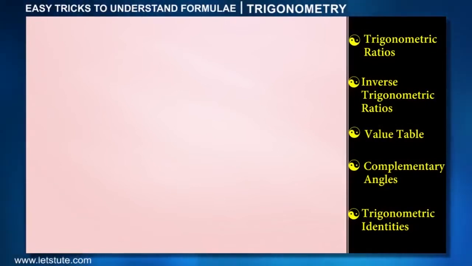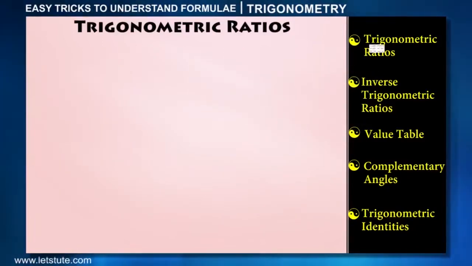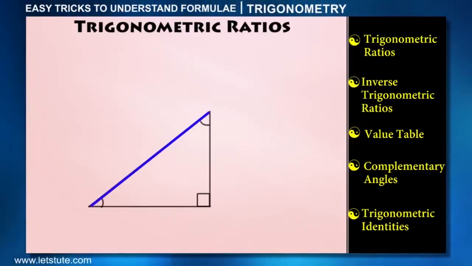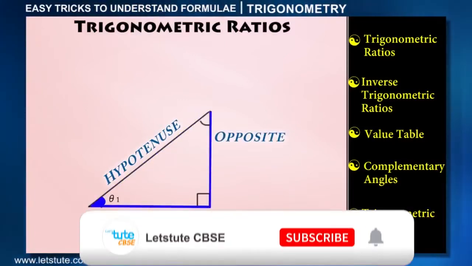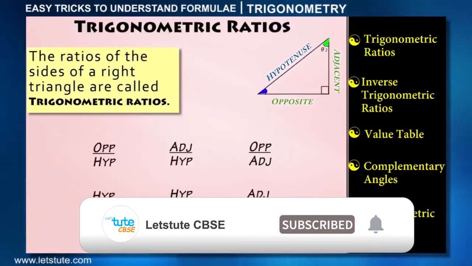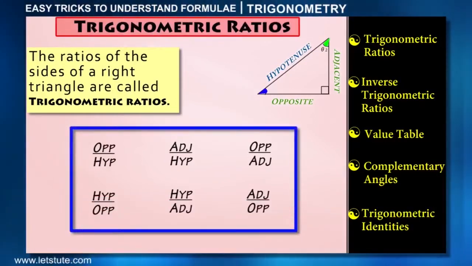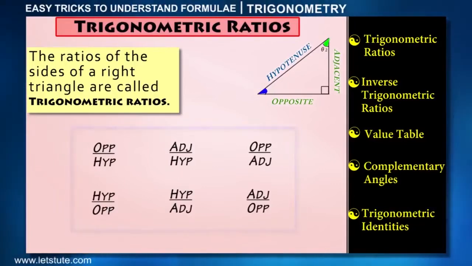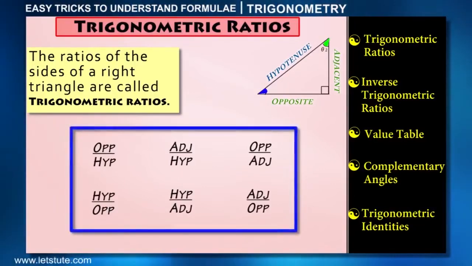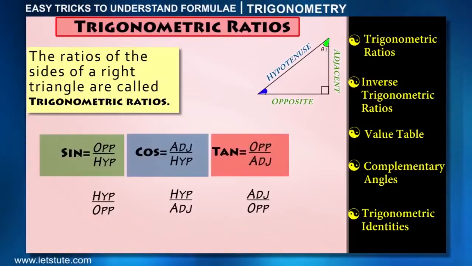Let's first talk about the 6 trigonometric ratios. So as we know, in a right angle triangle, the longest side is defined as the hypotenuse. The rest 2 sides are called opposite or adjacent with respect to the angle we are talking about. And the ratios of sides of a right angle triangle are called trigonometric ratios. There are only 6 such combinations possible, and thus we have the 6 trigonometric ratios: sine, cos, tan, cosec,